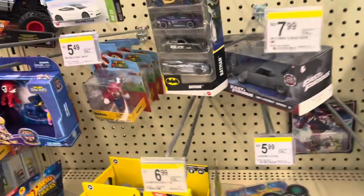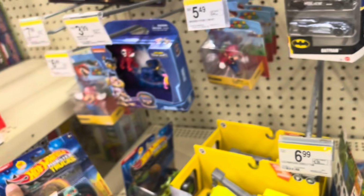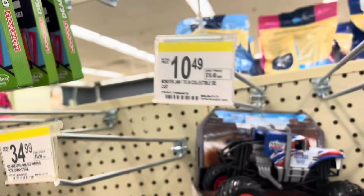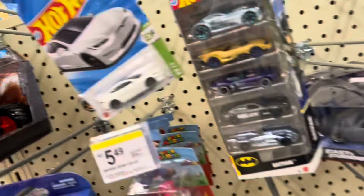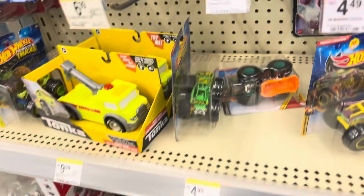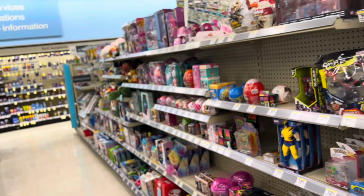Now we're at a Walgreens. Seems like they have this mix here, which is not a treasure hunt mix, but they do have a stabilizer. Not bad for the price, considering it's a pharmacy. And yeah, they have a few monster trucks spread out here. That's all. I also come here for the model cars. They have nice model cars, but